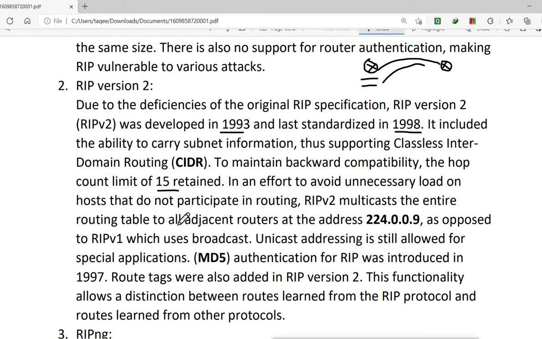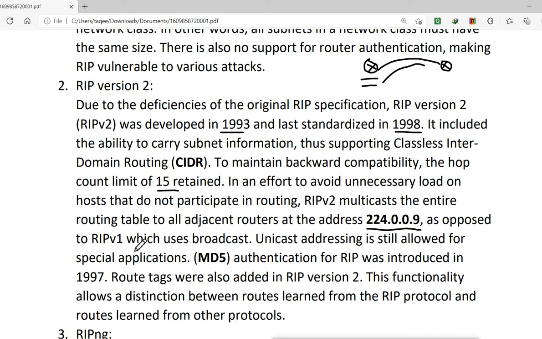In an effort to avoid unnecessary load, hosts that do not participate in routing version 2 are not disturbed, because RIP version 2 multicasts the entire routing table to all adjacent routers at the multicast address, as opposed to RIP version 1 which uses broadcast. Now RIP version 2 tries to solve the problem by using multicasting instead of broadcasting.